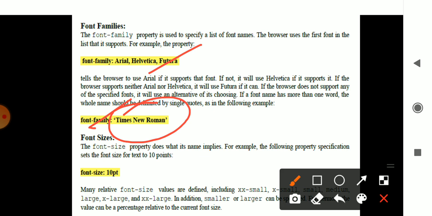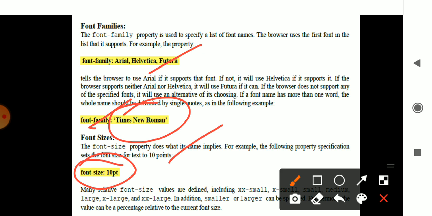Okay, I want to increase the size of the font. I'll be using the font-size keyword. It may be increased in points. Mainly the font size is specified in points. So how it is specified is, you give font-size and a colon, then you specify 10 points. Your font becomes 10 points in size.